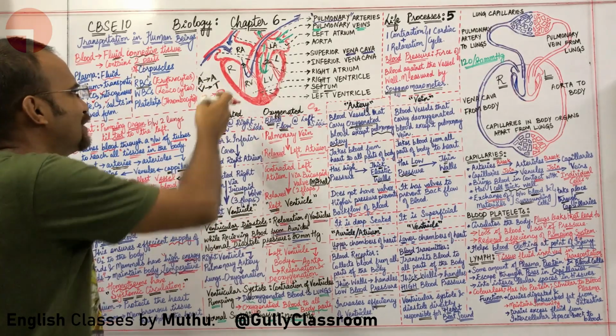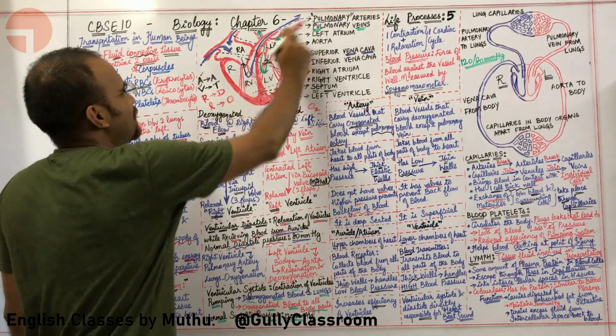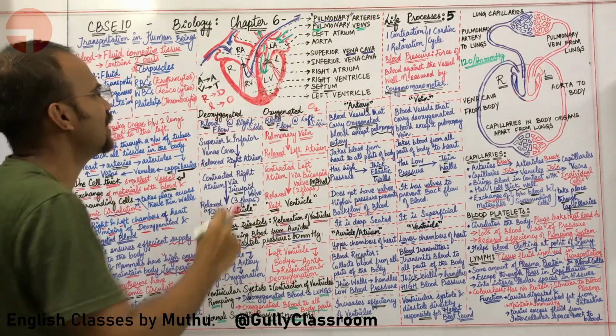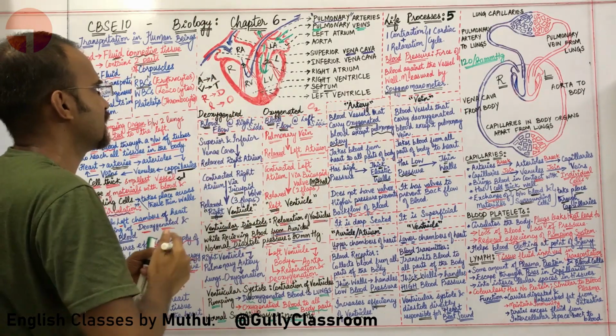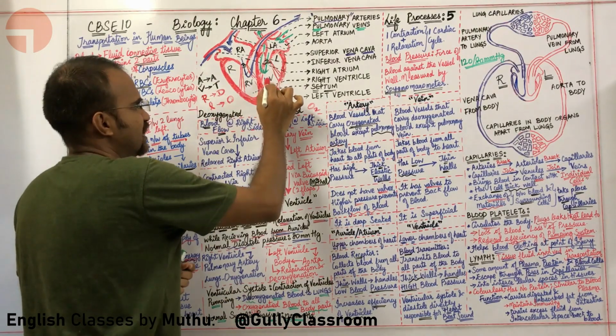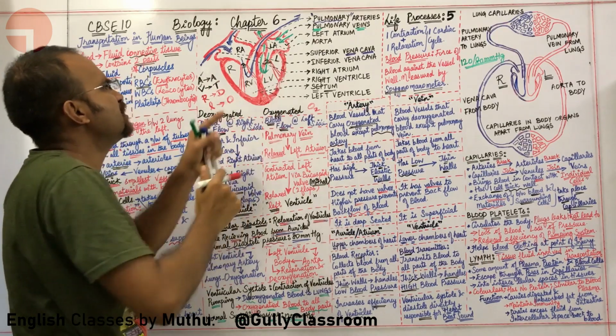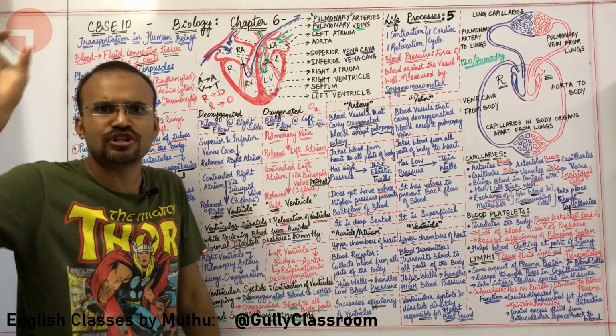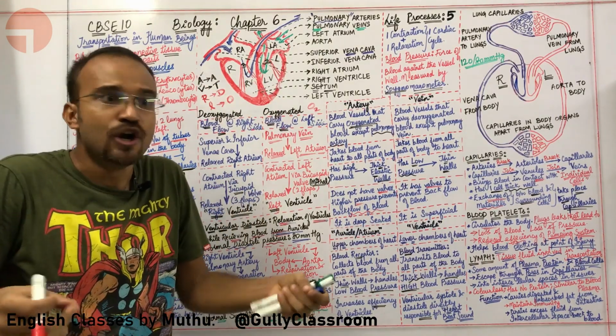It should not get back to the right ventricle. So this pulmonary artery has semilunar valves right here. Okay sir. What about the oxygenated blood in the left ventricle? The oxygenated blood in the left ventricle must get to the rest of the body and provide oxygen to the cells